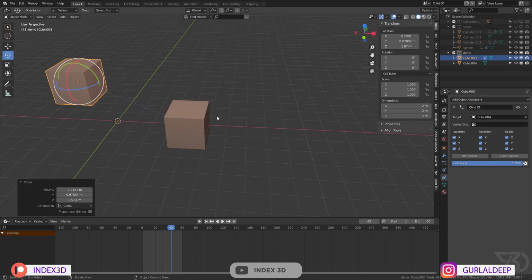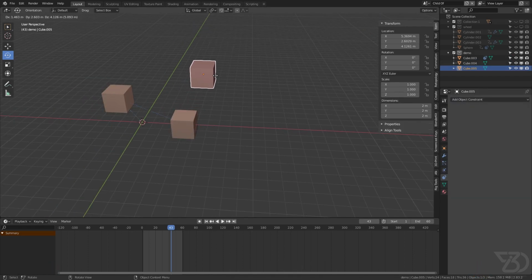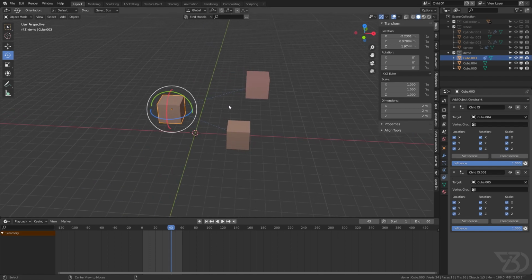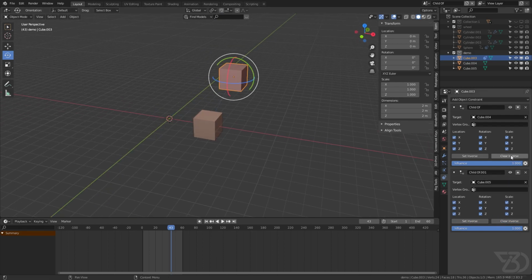So if you are animating something and then you want it to parent to something else like that one, then you will have to again click on set inverse. Then it's not a good idea to click set inverse again and again. If I now reset the location, it will go back, which is cool.